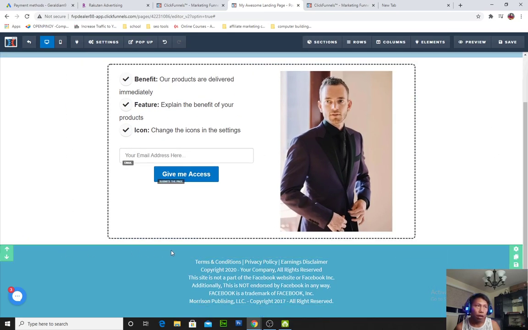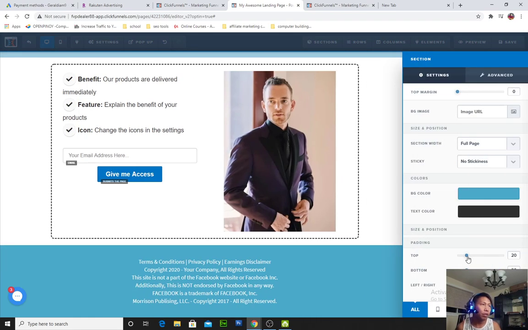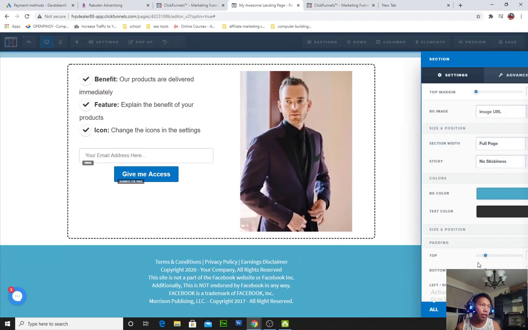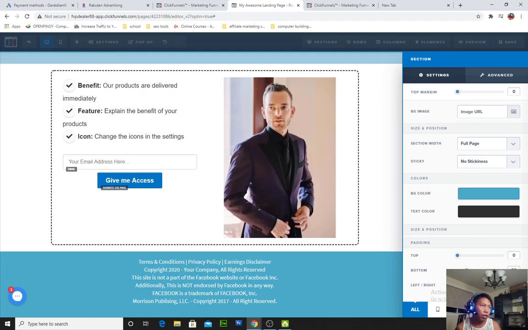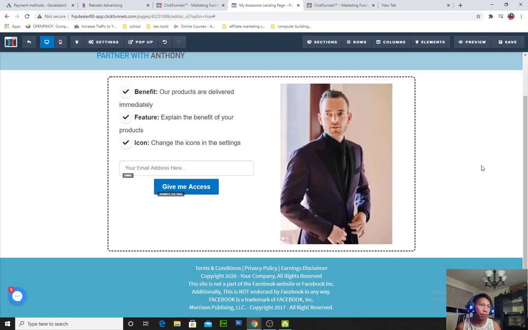Now what I can do next is try to remove the padding. So always remember that when you add a section, there's always a preset padding all around it. So it's up to you if you want to stick with that or remove that. So again, you go to settings, remove the top and bottom. See,